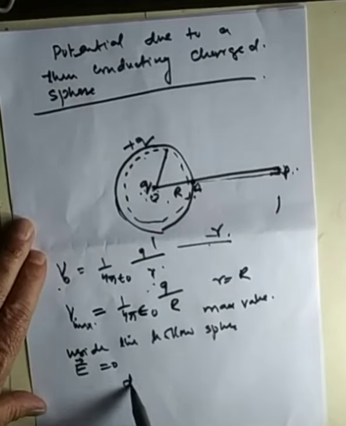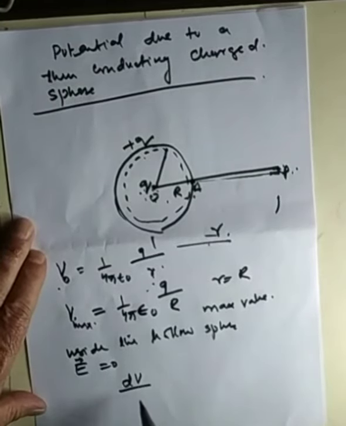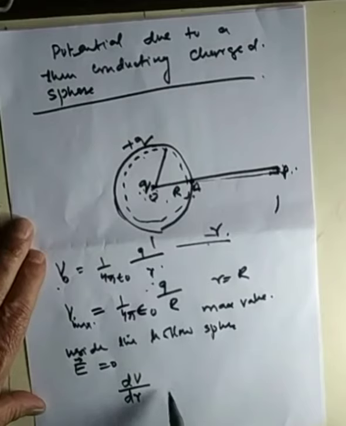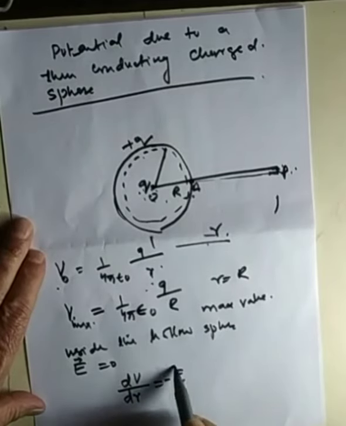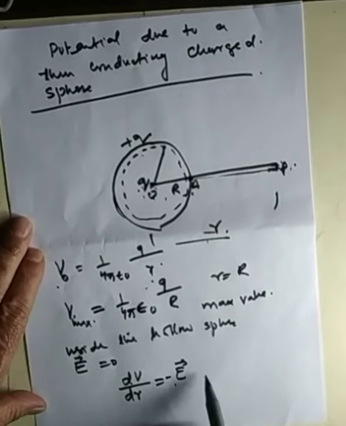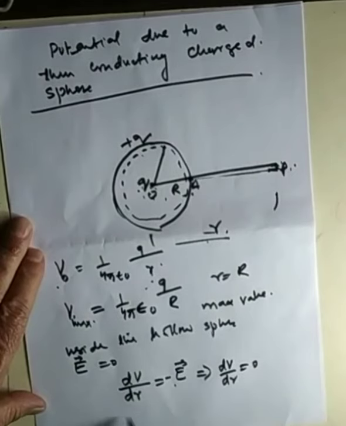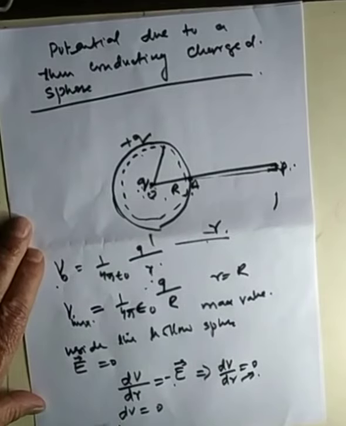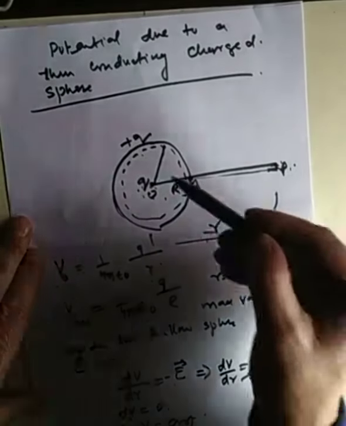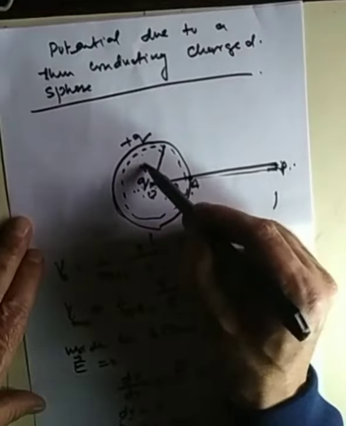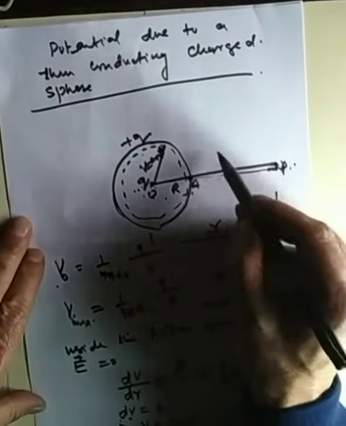We know that dV by dr is equal to minus E. Now, as E is equal to 0, it implies that dV by dr is equal to 0, or by cross multiplication dV will be equal to 0. But dV being zero means the differentiation of a constant is always 0, which implies that V is constant. Okay? So inside the hollow sphere, V is constant. So we get here e